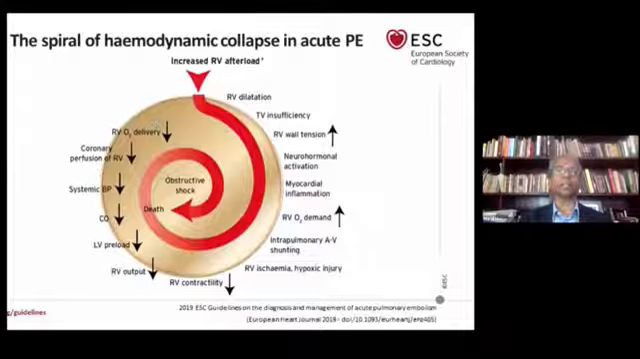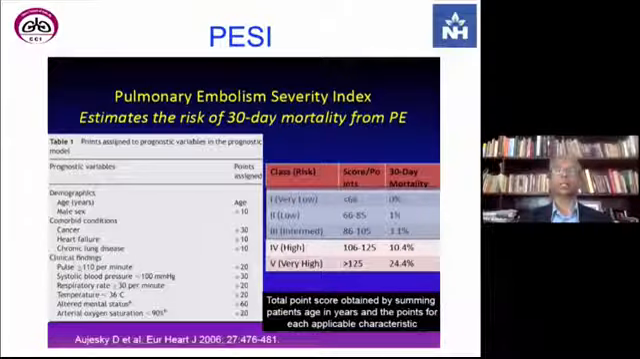So the right ventricle suffers further oxygen damage, and this keeps going in an unending spiral, right ventricle and left ventricle both getting damaged by this. So what we use to classify the severity of pulmonary embolism is something called the Pulmonary Embolism Severity Index, which includes both the age, which is obviously a risk factor